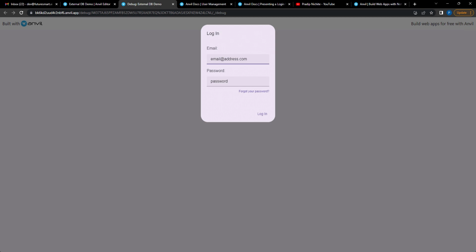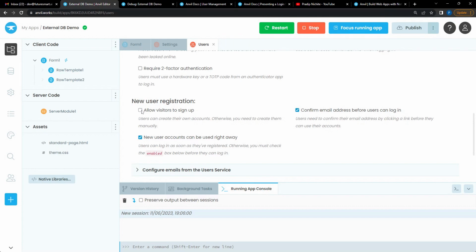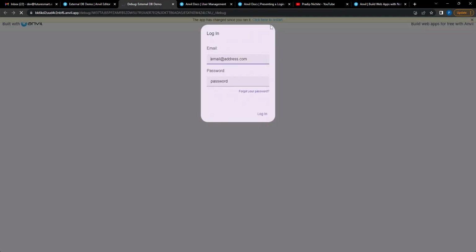So you could do something like this. You can create a couple of accounts, and maybe then you want to disable the user sign up, so that the people who already have an account, only they can sign in, right? But in our case we do want it, right? So let's again click it, restart the app, and we should have that